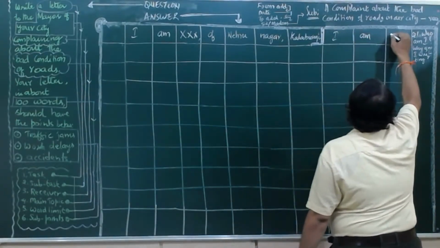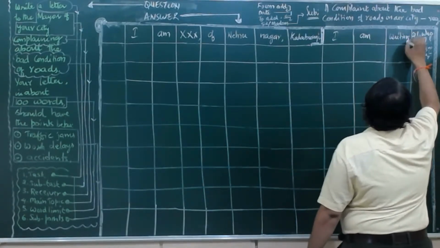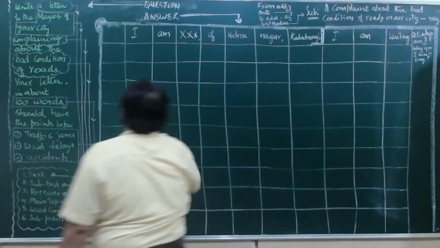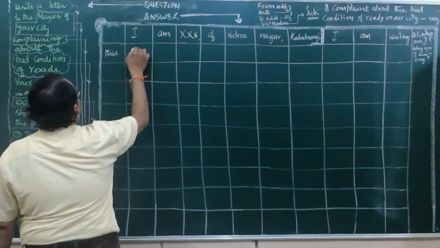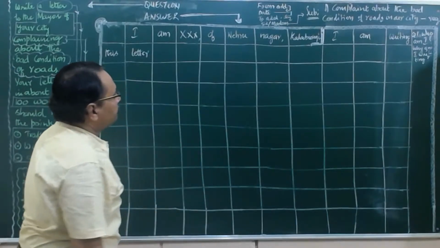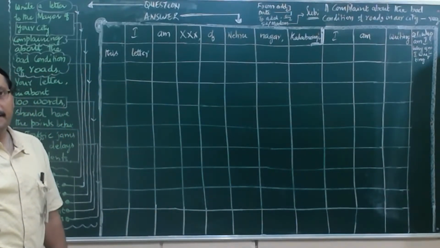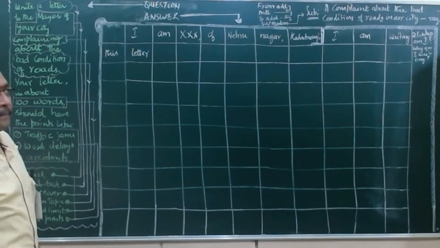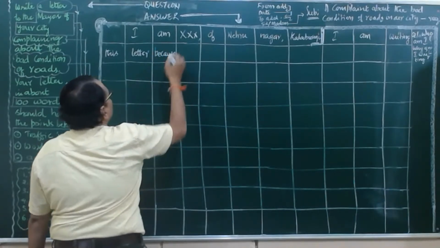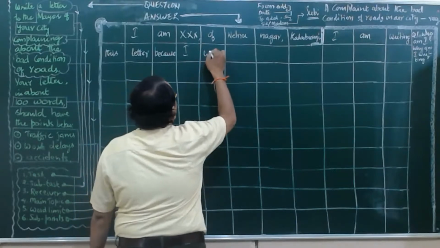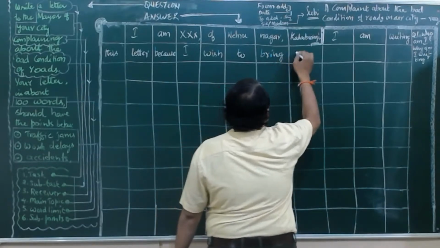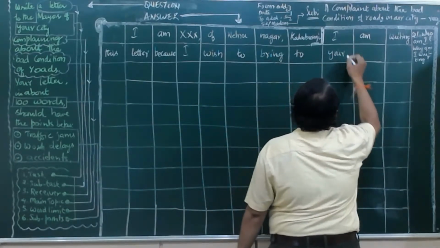I am writing. See, why am I writing? So I am writing this letter. Why am I writing? Because I want to complain against the bad condition of the roads. Because I wish to bring to your notice